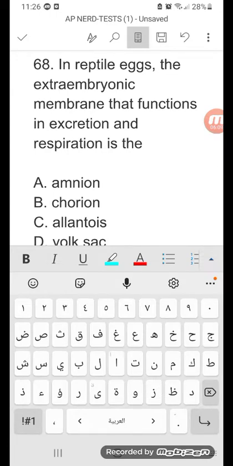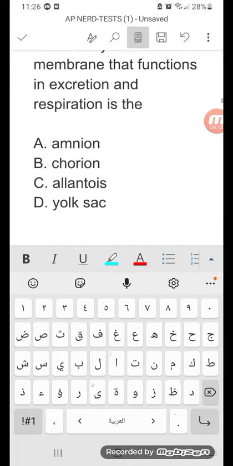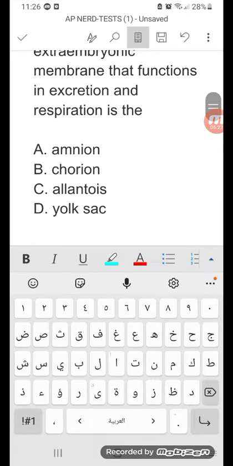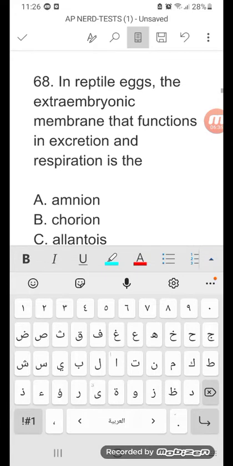In reptile eggs, the extraembryonic membrane that functions in excretion and respiration is... Okay. What's the yolk sac? Yolk sac is the food for the embryo, so it's not it. Where is